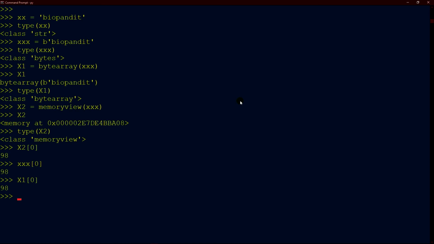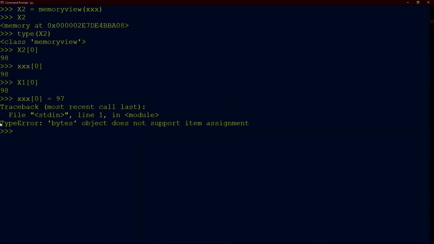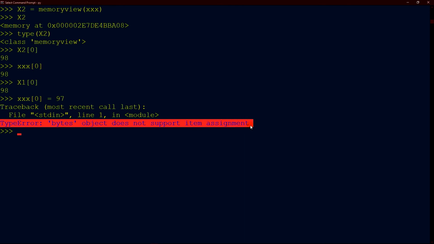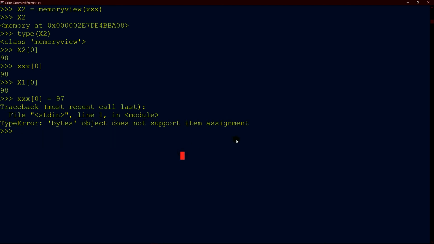You can see all of them are the same because I started with the same data stored in them. But if you want to change the value, you cannot do that with bytes because the bytes object is immutable, or unchangeable. You cannot change its content. And the bytearray object is mutable, so you can change its value.